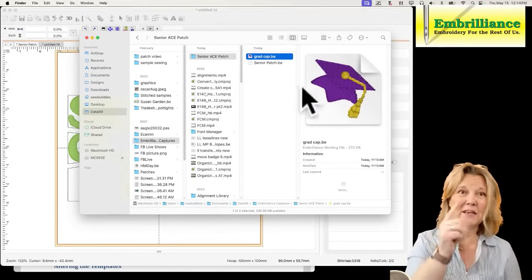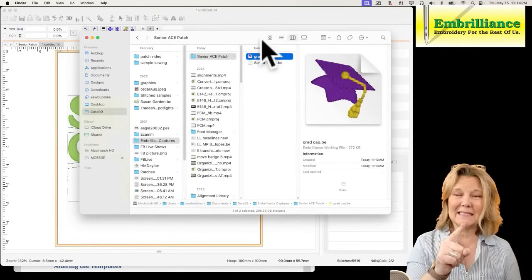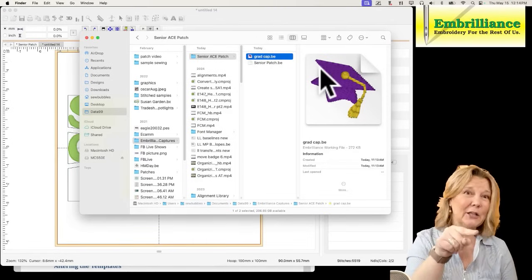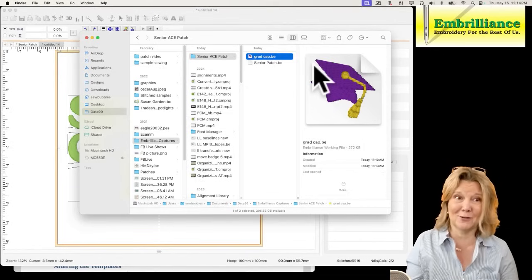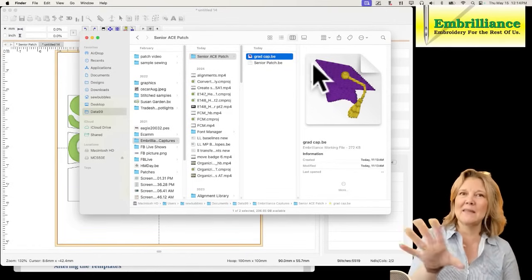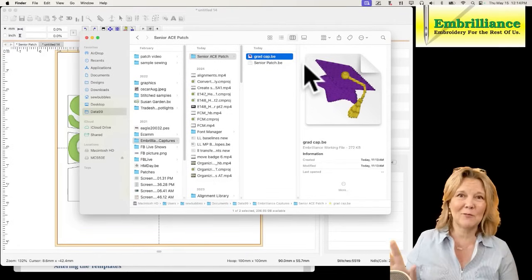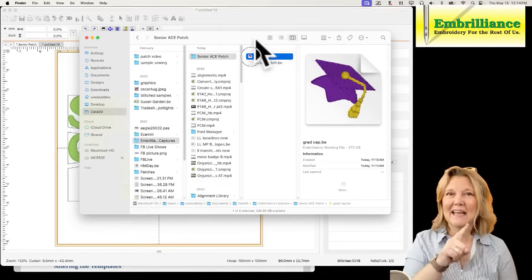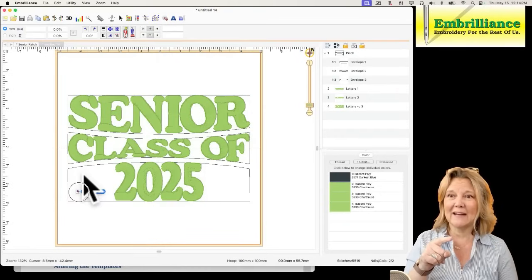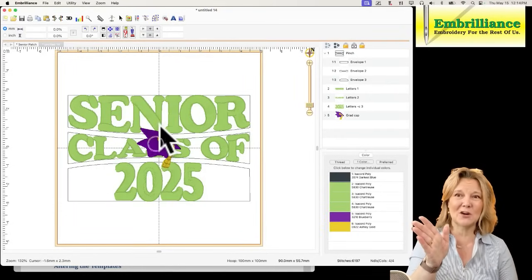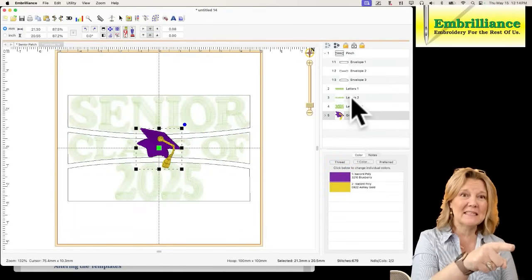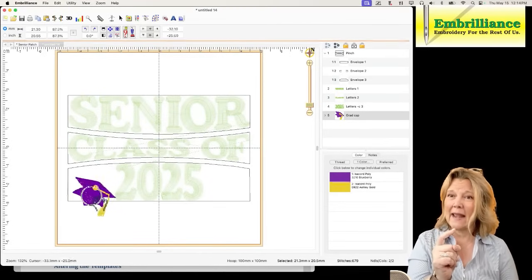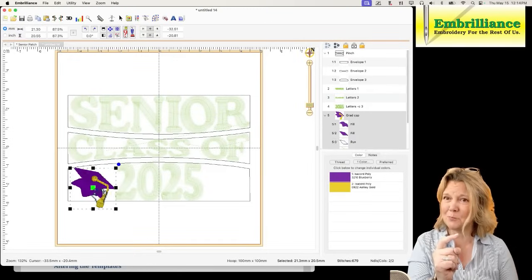Here he is. So I know where my cap is, because I digitized him earlier and I saved him to the right folder, and I can see a little picture, which is nice because I have Thumbnailer installed. Oh my gosh, if I didn't have Thumbnailer, all you would see is generic icons and I wouldn't be able to find anything. So I see my little picture of my design, click, hold, drag, and drop him, and he puts it right in the center of my design page with the name of the design, which is really kind of nice because I know exactly what it's called,